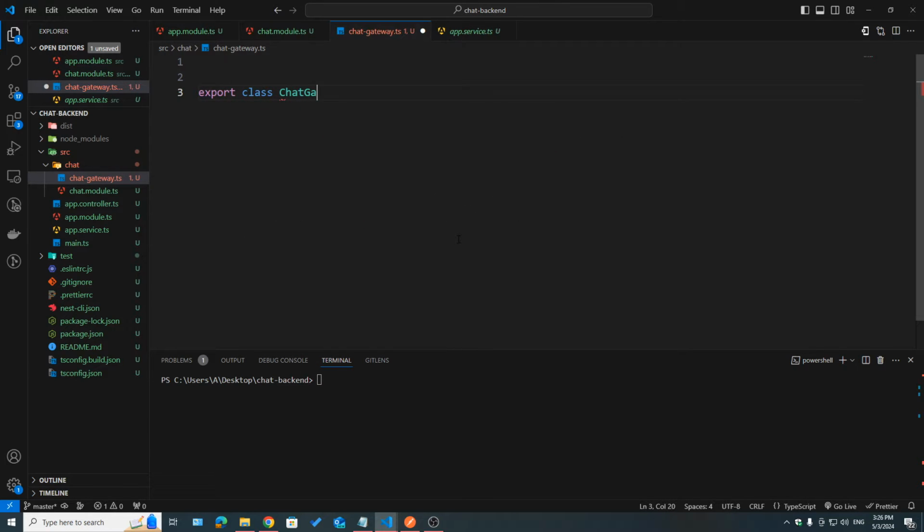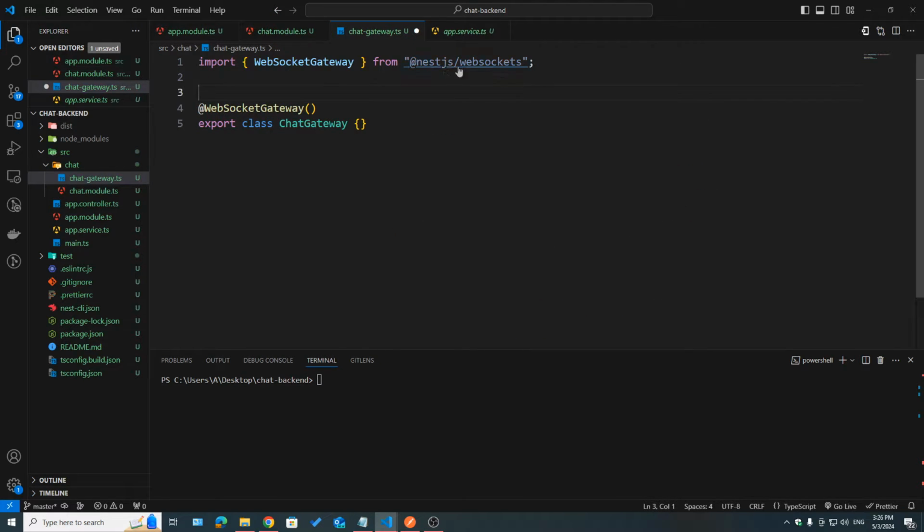I'm gonna call it chat gateway. Of course, you can call it anything you want. You can call it WebSockets gateway if you want. Now to make this an actual WebSockets gateway, we need to decorate it with WebSocket gateway, which is from NestJs/WebSockets. With this in place, we can now have real-time communication between this NestJs application and different clients